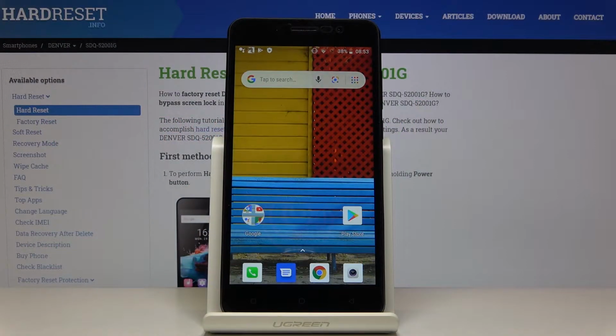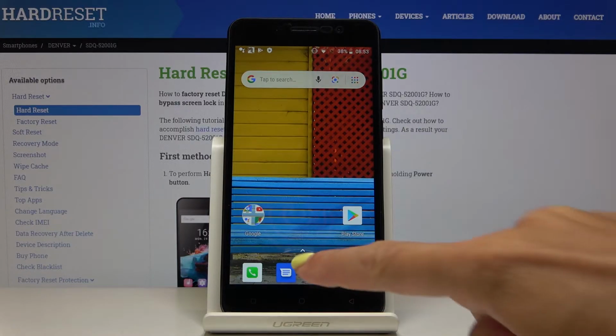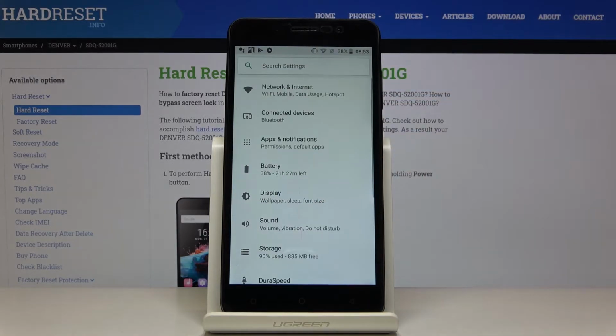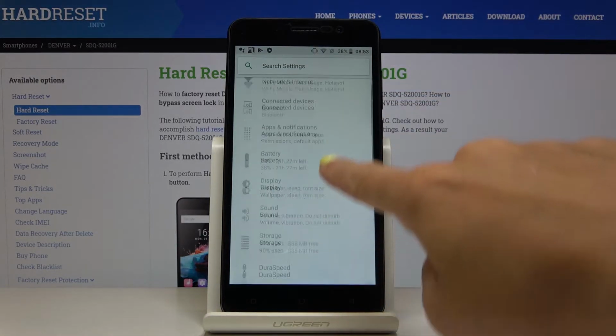Here we've got Denver SDQ-52001G, and let me show you how to reset app preferences on the following device. So at first you have to open the list of all apps, then find and select the settings. Here locate and open